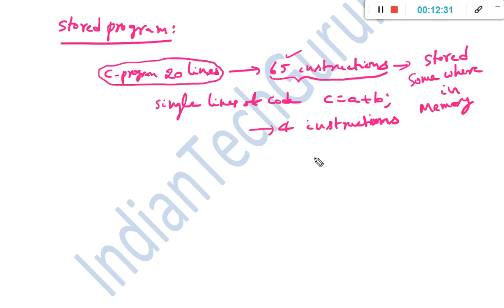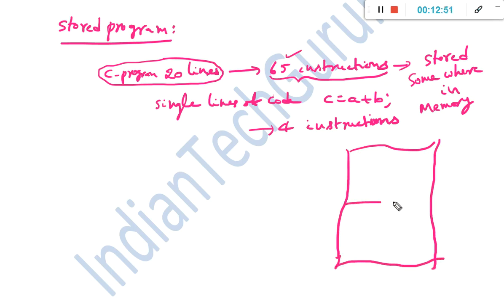Now we can bifurcate the main memory into 2 parts. Assume this is the main memory. Now we can divide it into 2 parts. What are those 2 parts? It contains the instructions, which are actually part of a particular program, and in addition to that it contains data.